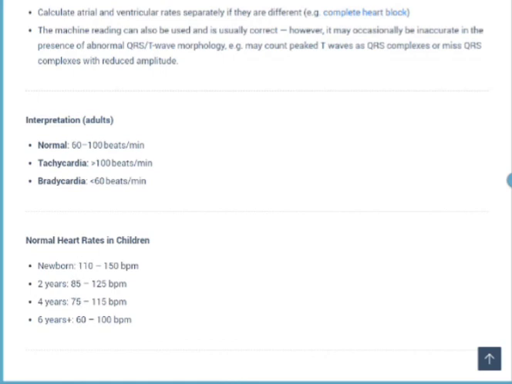So what we can do is calculate atrial and ventricular rates separately if they are different. In complete heart block, this is one point which you need to understand and keep in mind. Similarly, the ECG machine reading can also be used and is usually correct. However, it may occasionally be inaccurate in the presence of abnormal QRS or T wave morphology, right? So for example, there may be peaked T waves which the machine counts as QRS complexes. So the rate you calculate from the ECG rhythm is going to be accurate unless there is some